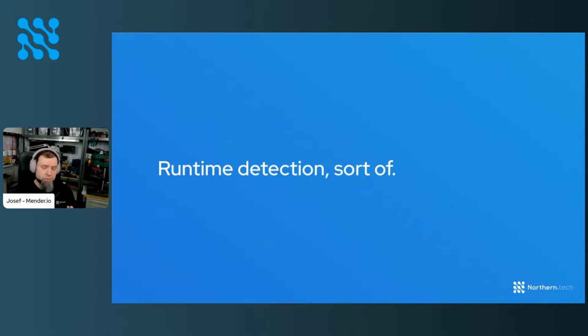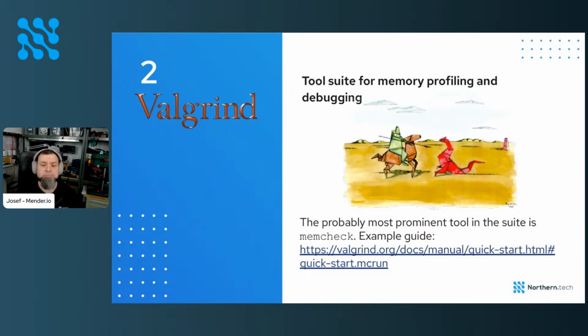But for C++ or C, how could you do it? The common tooling here is Valgrind. Valgrind is a toolset for memory profiling, debugging, all kinds of crazy stuff. I've used it extensively in the past. It is awesome. If it is not in your tool chest, please learn about it basically after I stop talking, okay? The most important